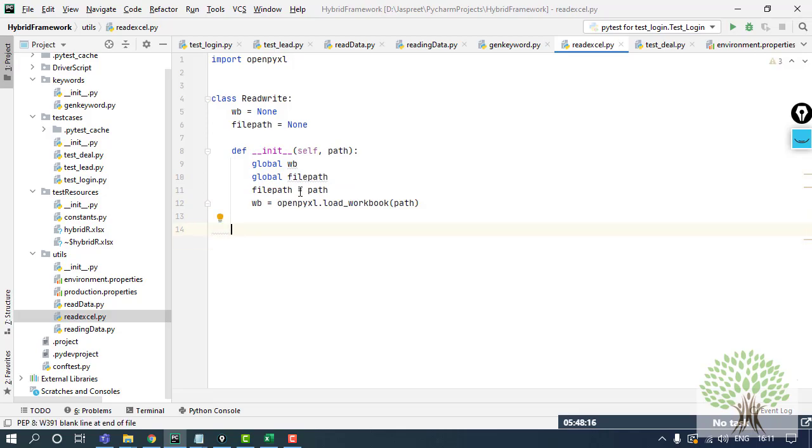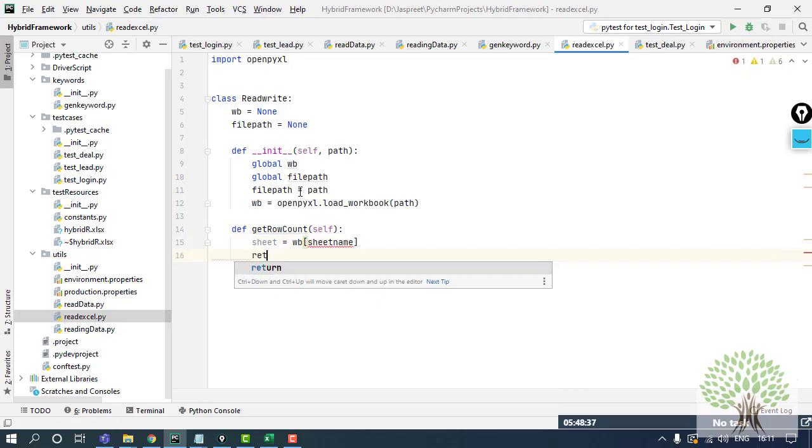Now I'll make a function like get row count, which will count the total number of rows. I have to inform which sheet I'll be using, so to this VB, I'll pass the sheet name. Whenever this function is called, the sheet name will be passed, and for that sheet, it will count the total number of rows.